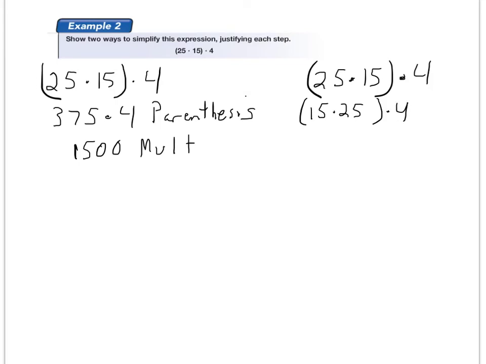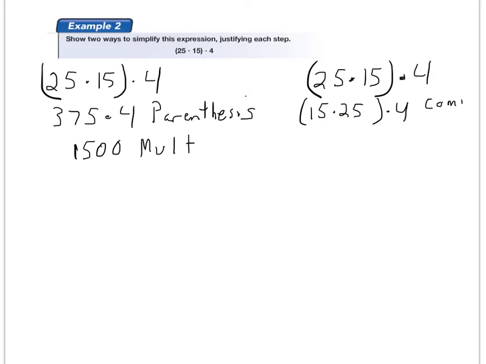And do you see what happens here? I still can't do 25 times 4 yet, but they're at least right next to each other, so they're a little closer. Okay, which means we can do one more thing of adjusting to get them right next to each other. Well, do you remember what property said that I can multiply two numbers in any order? That 25 times 15 is the same as 15 times 25? That was the